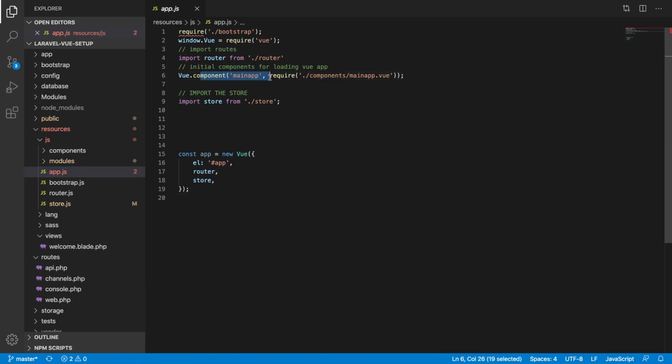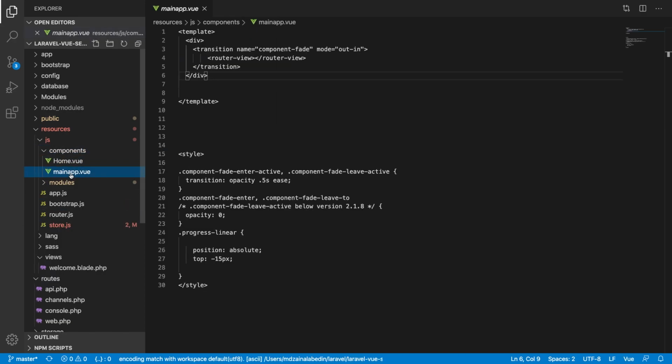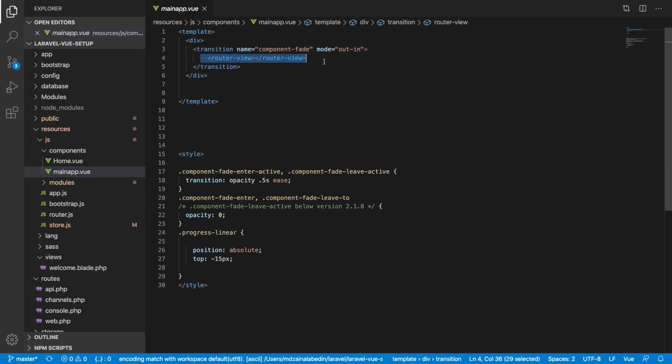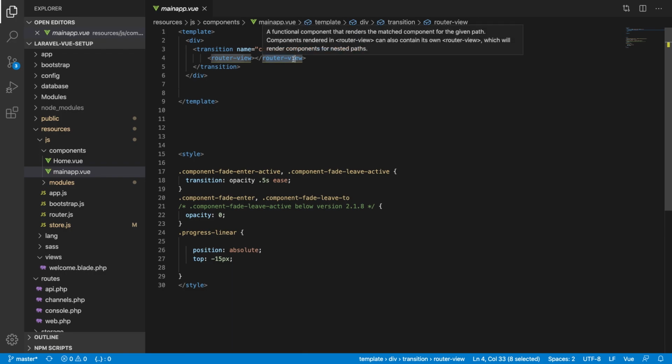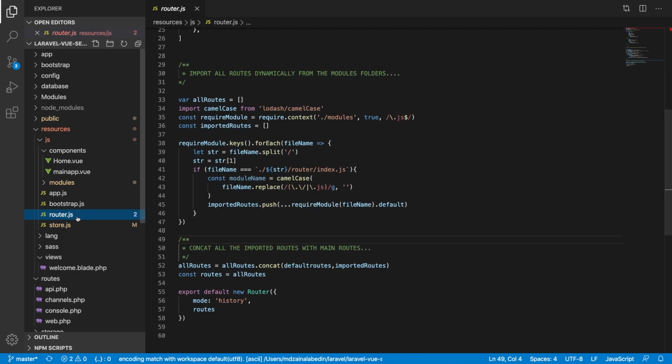You can see that the main app has a component coming from the component folder, and it also has a basic master store, and that is it. It has nothing but a simple basic store. If you go to the component, it has the main app, and in main app you can see I just have the routing declared here, and also some transitions from page to page. Once this is done, the thread will hit the router JS file,